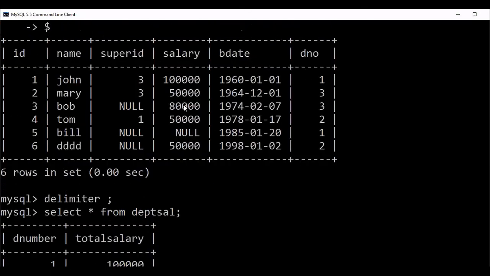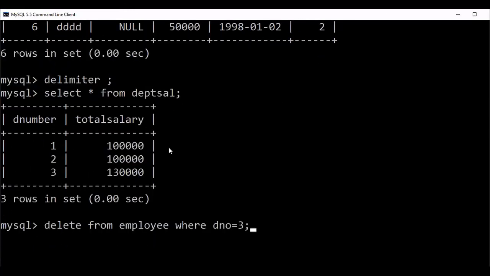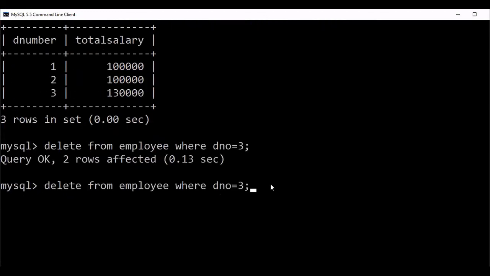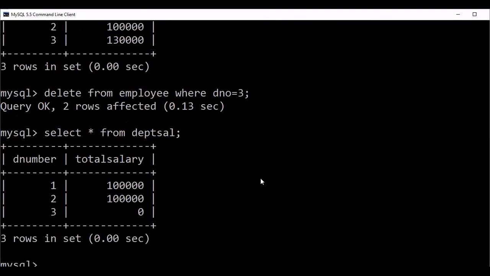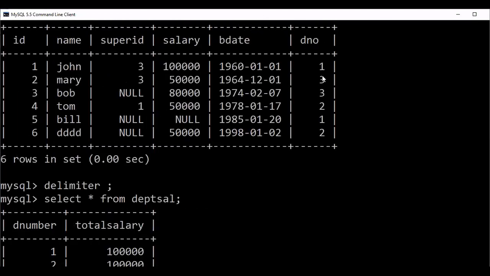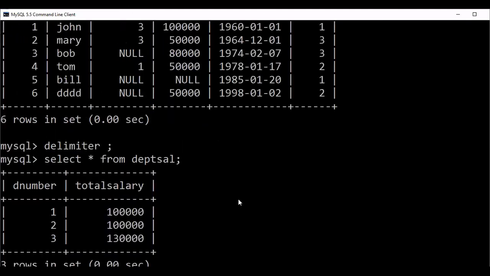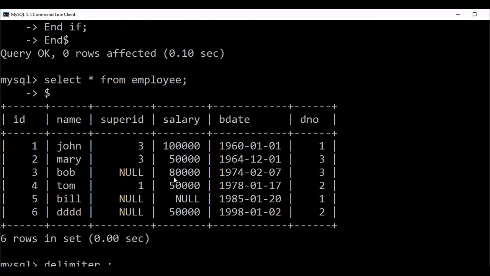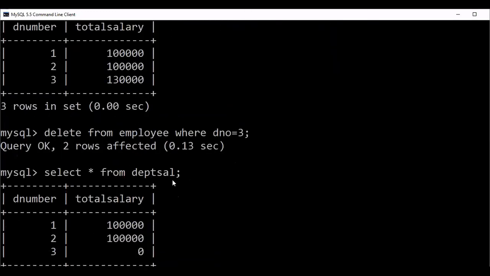This old salary will be subtracted from the 1,30,000. Now it is deleted. Now I am selecting the total salary, and automatically, I am not calling any trigger, it is updated. Two rows of department 3 are deleted because I specified D number 3. So now 80,000 and 50,000, all are deleted.